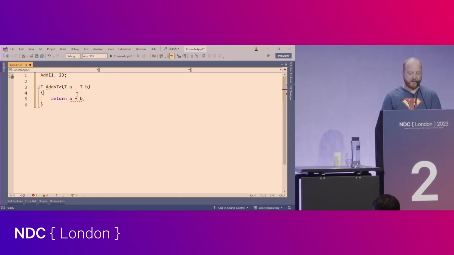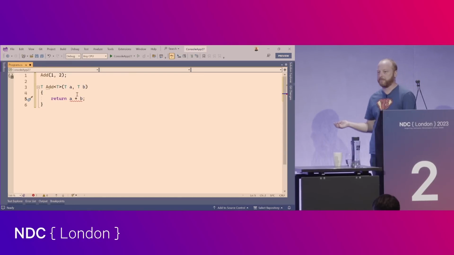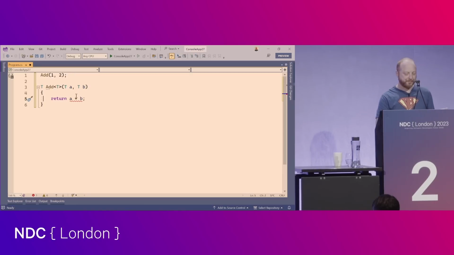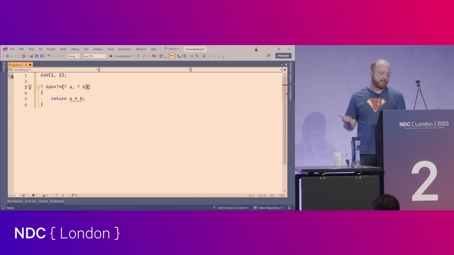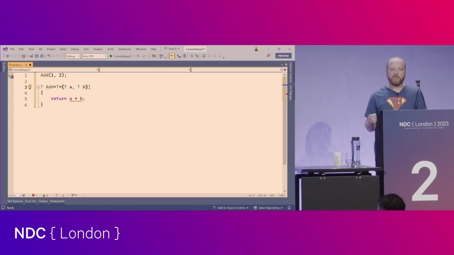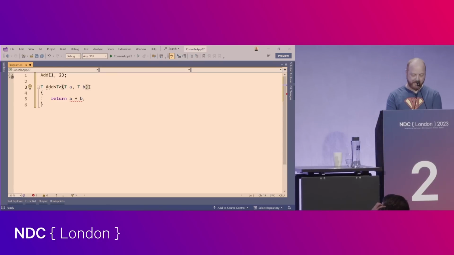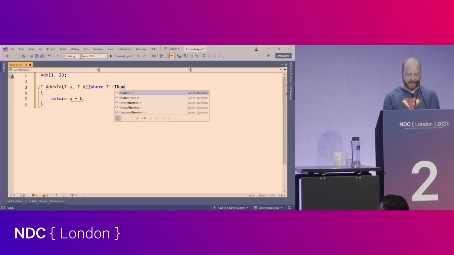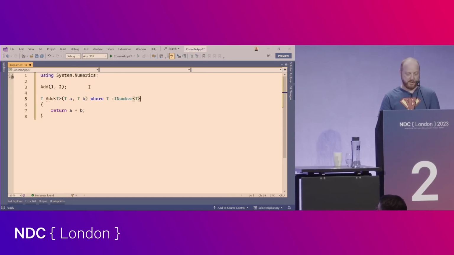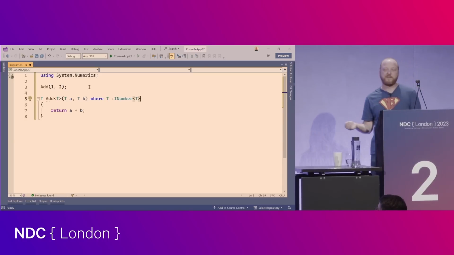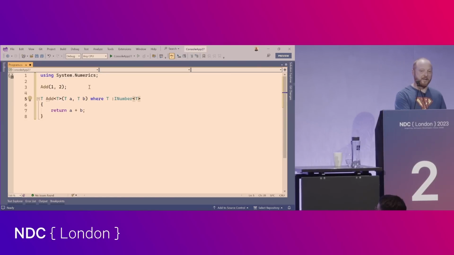But with generics, I can't add them together because what does that mean? So it turns out in C#, what you write as a plus operator is actually a static method. And it's a static method called op_Addition. And so if I say where T is an INumber of T, now my code compiles. The reason for this is INumber is an interface that says you must have a static method called op_Addition, and the Int32 class implements that. And in fact, if we look in INumber,